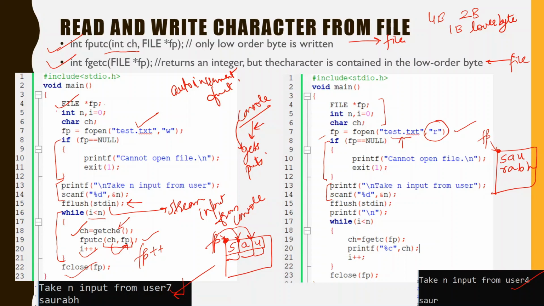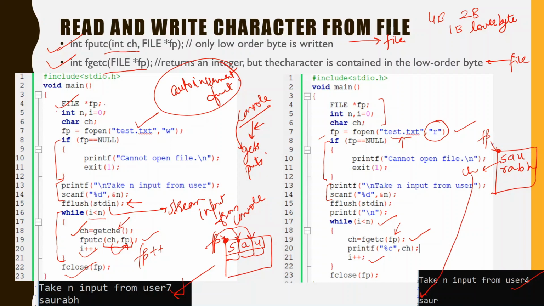So how is it going to do that? It is going to count the number of characters read, and you can see here how fgetc works. fgetc takes a file pointer as input, so this file pointer is given to it, and fgetc is also auto increment. Auto increment means it starts from fp here and moves this to ch, and then we print ch on the screen.